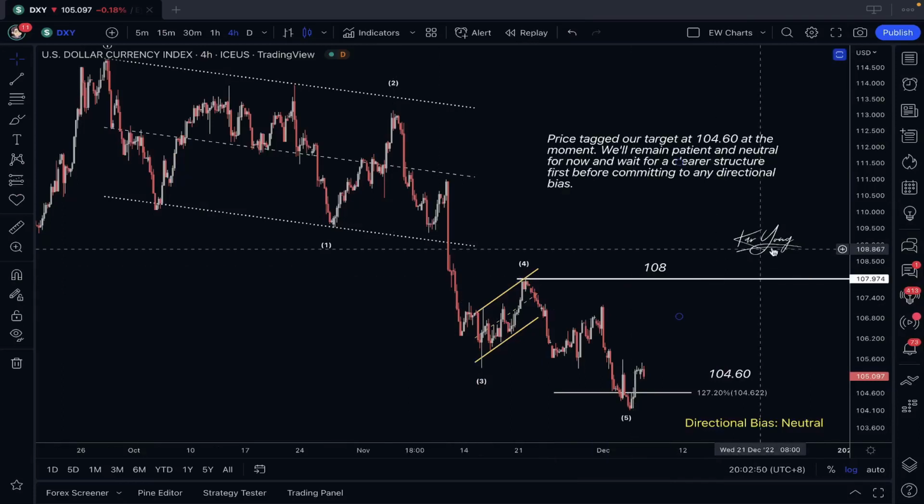So with that, let's take a look at the charts. We'll start off with the dollar index. Okay, so over here on the dollar index, for me right now, overall perspective, I'm maintaining a rather neutral perspective,